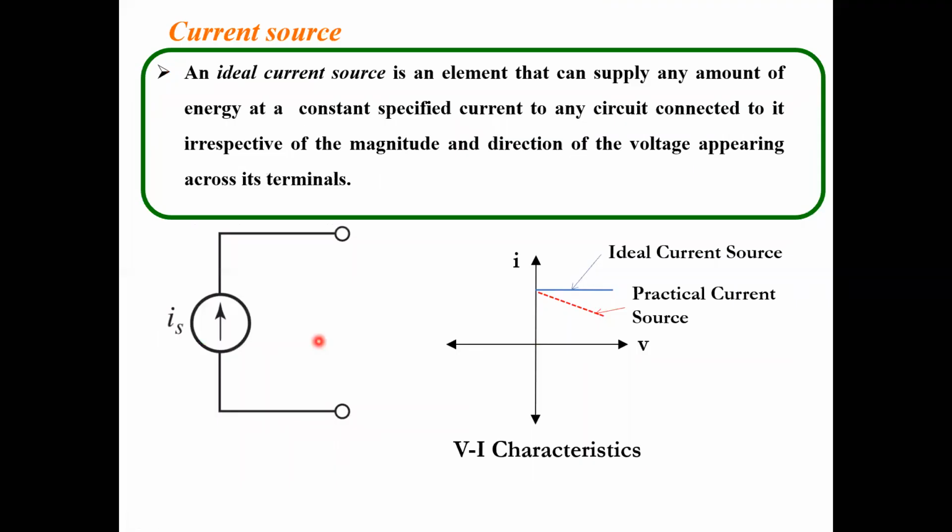Next one, current source. Same criteria, but in the y-axis we have current, and in the x-axis we have voltage. Irrespective of the direction of voltage, the entire current is the same throughout. This type of source is nothing but ideal current source or else independent current source. Practical in the sense it has a drooping characteristic, and the current is indicated with the arrow mark. This type of source is nothing but current sources. We have another category also, which we'd like to learn in further sessions. That other category is nothing but dependent sources. This one is nothing but independent sources.